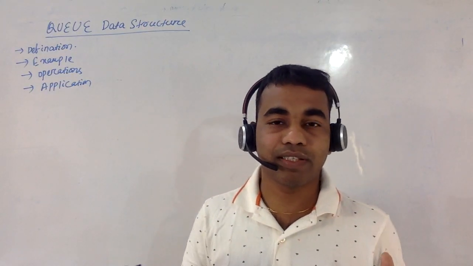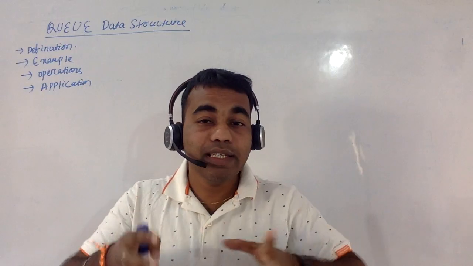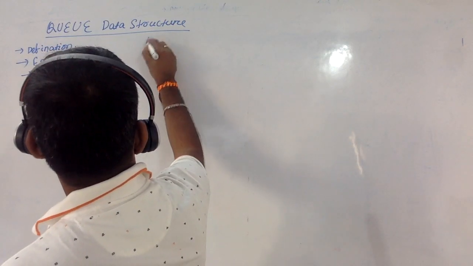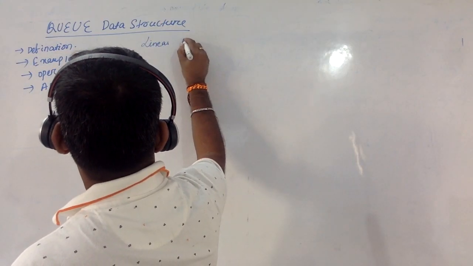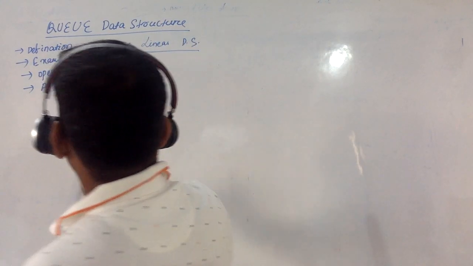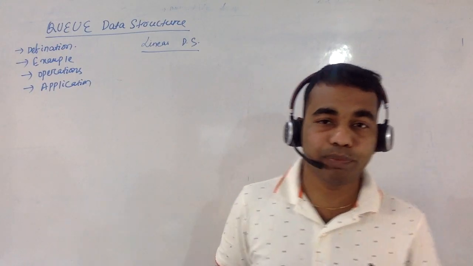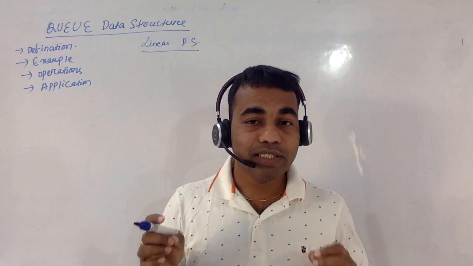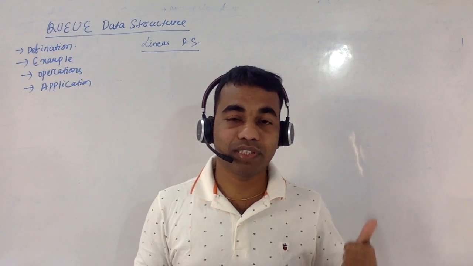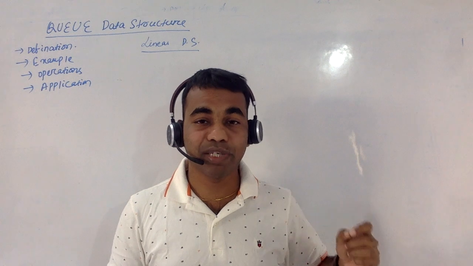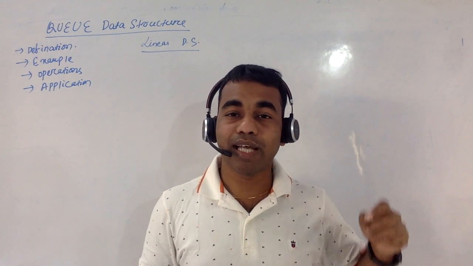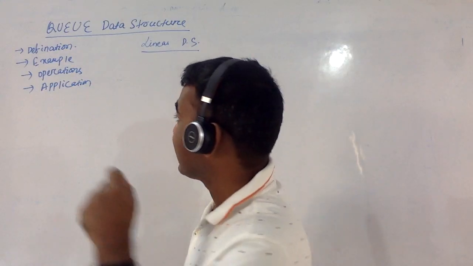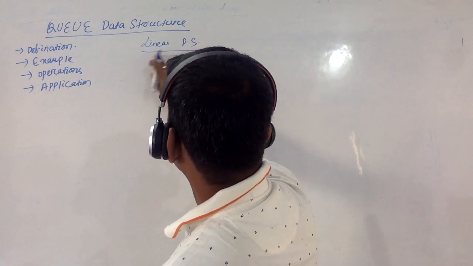So what is the definition, right? It is again a linear data structure like stack, right? That means elements are present in a linear fashion. And this is a very important concept. In case of stack, if you remember, it follows a principle. What is that principle? It follows last in, first out, right? But in case of queue, it is a linear data structure